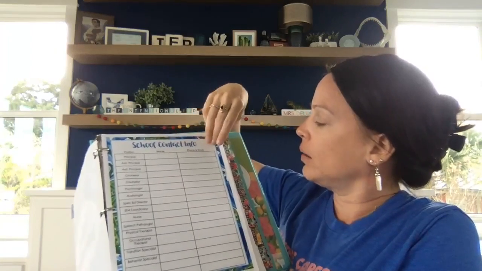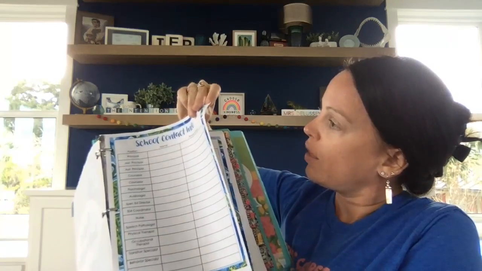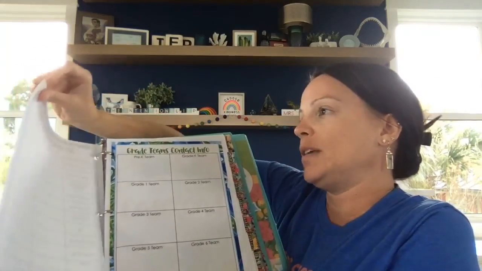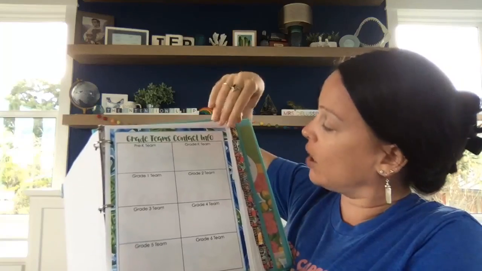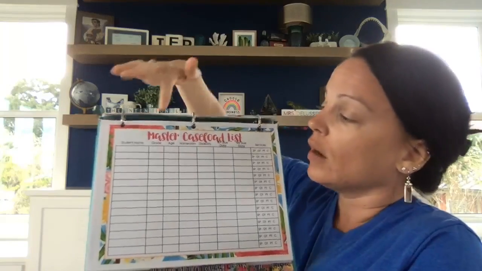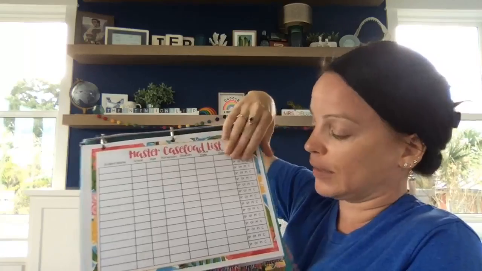And then maybe I can turn this page. From here, the next page was just IEP team information, and it's not going to let me pull it. But we have grade team contact information. It then goes into my master caseload list. This is where I will keep a list of each of my students, grade, age, homeroom, disability, due dates, other services that they receive. Again, just a quick glance, like a master caseload IEP at a glance. And then